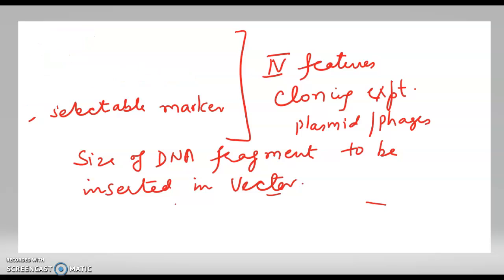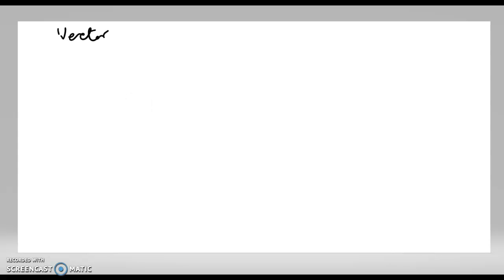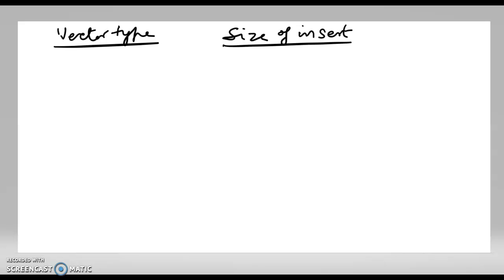Now next I'll explain you about 4-5 vectors which can be used in this cloning experiment depending upon their size. Now if we check about vector type and size of insert, if size is between 0.5 to 8 kilobase pair, then normally we use plasmids as vectors.